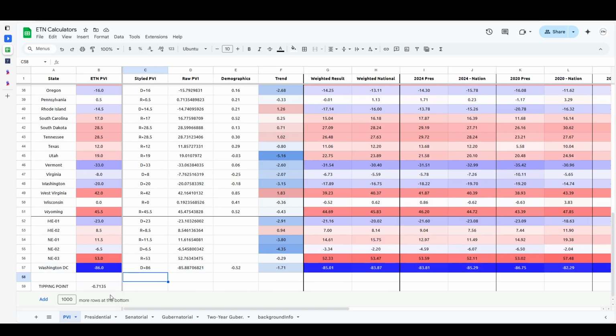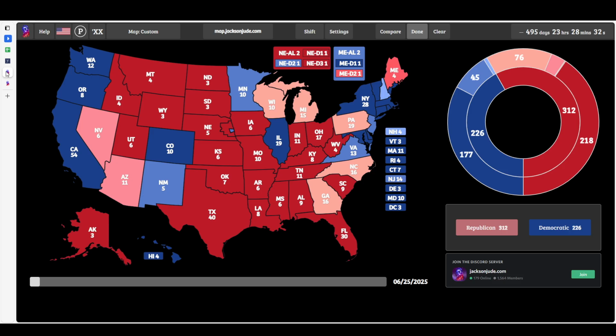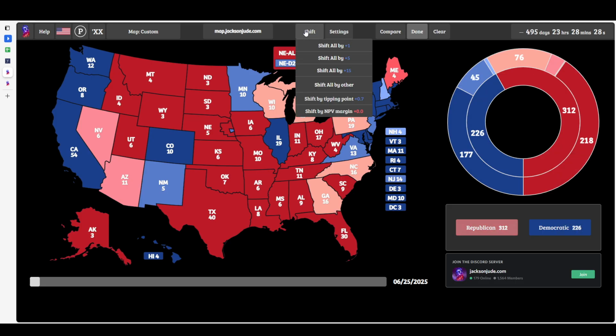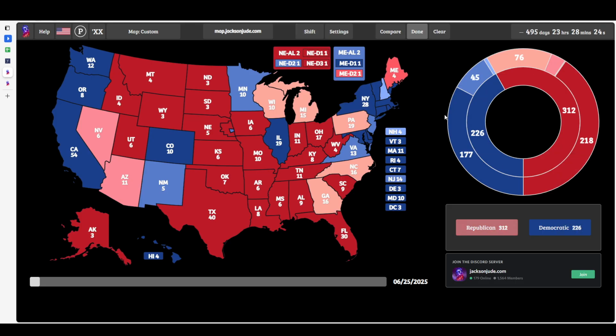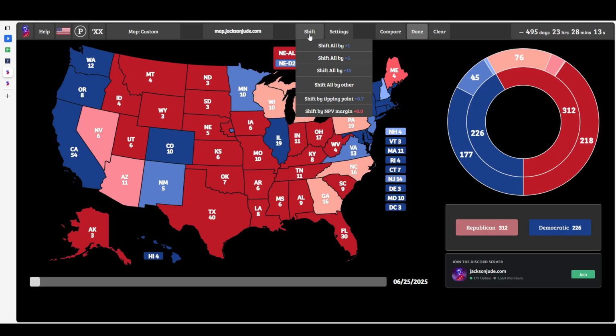And so finally we have a tipping point of minus 0.7135. So what exactly is that? That literally just means that a tipping point of 0.7 right there would be enough to flip the state of Pennsylvania. And that would also flip these two. You would end up having Georgia, but Georgia itself isn't enough. So if you were to tip it by the tipping point,